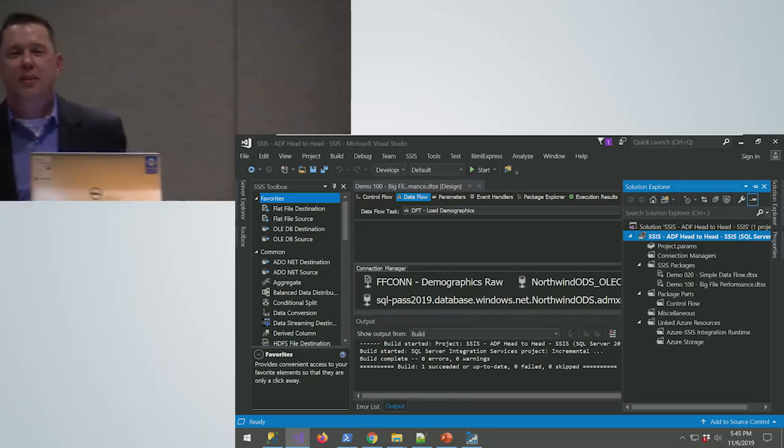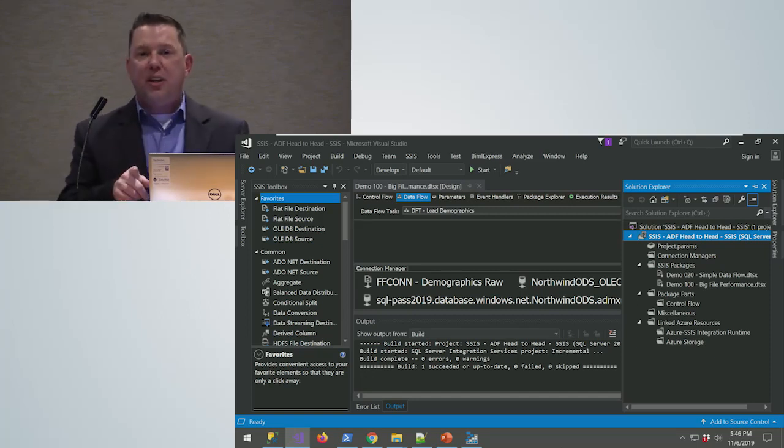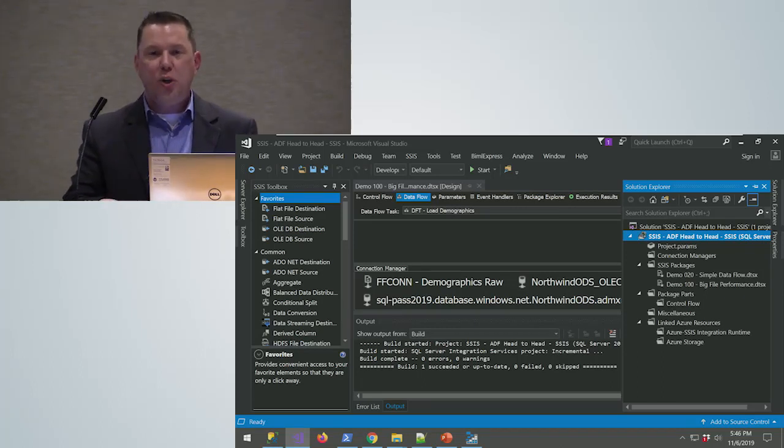Yes, ma'am. Does that mean that if you take your SSIS package and put it up there, you might have to modify your C# code? That's a good question. The question was, if you take an existing SSIS package, will you have to modify those script tasks or script components? If you're running it in the Integration Services runtime, chances are good that's going to continue to run, because under the hood, it's actually running on a VM. You're not provisioning a VM, but technically under the hood, it's still spinning up.